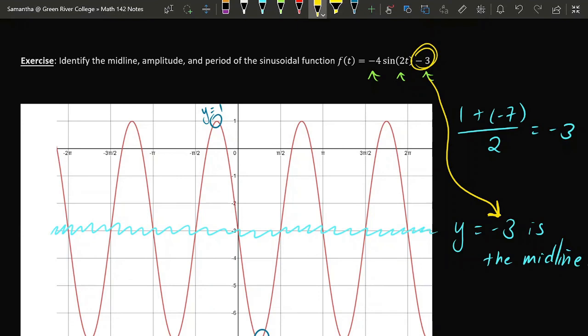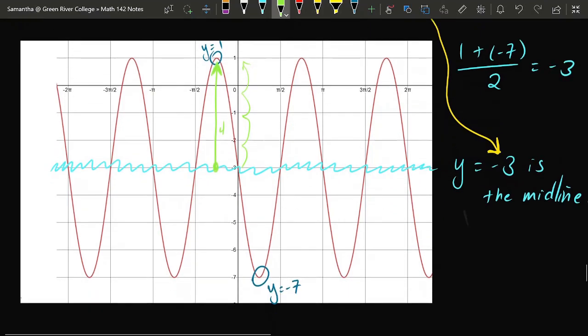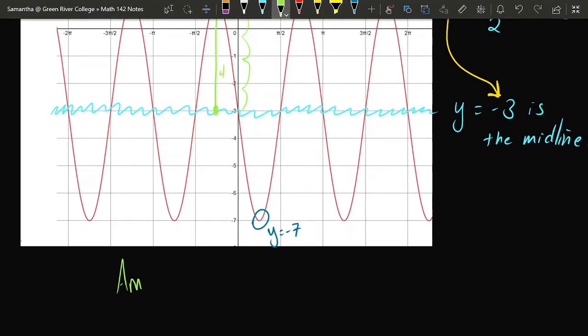Okay, with that noted, let's figure out the amplitude of this particular sine function. For that, let's look at the distance between the midline and the graph's highest point. The midline is located at y equals -3. The highest point is located at y equals 1. If I count it off, or subtract those two numbers, I can see that there are 4 units between the midline and the peak. So the amplitude